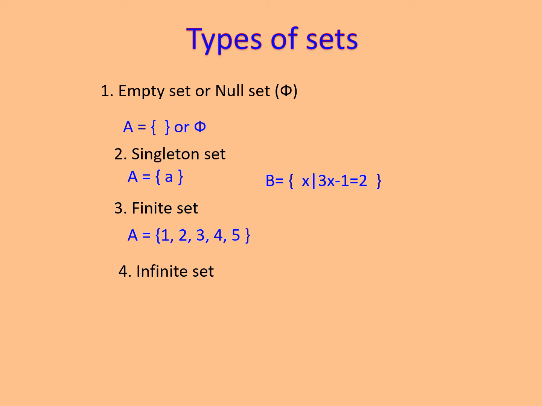Set of natural numbers, you can take it, which also can keep on counting. It is a never ending number, so that's why we can keep on counting. How do we indicate that in a listing form? A equals to 1, 2, 3, 4, 5, dot dot dot. Similarly, you can give ample examples for infinite set. For example, set of whole numbers, set of integers, set of rational numbers, set of irrational numbers. All these come under infinite set.